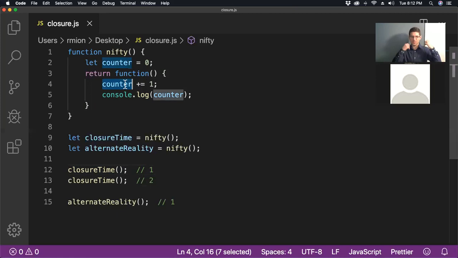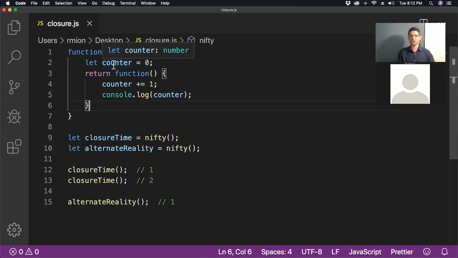The junior beginner programmer might think we have counter here, I am adding 1 to counter, and then I'm logging it. So this will be 1. And then I call this again, counter was 1, I'm adding 1 to it, it's 2, and I'm logging it. So of course it's 2. And that junior new programmer wouldn't be aware of garbage collection. And it turns out they would just somehow have this weird, wonderfully novice mental state of not realizing that they're understanding closure. So closure is a function's ability to remember